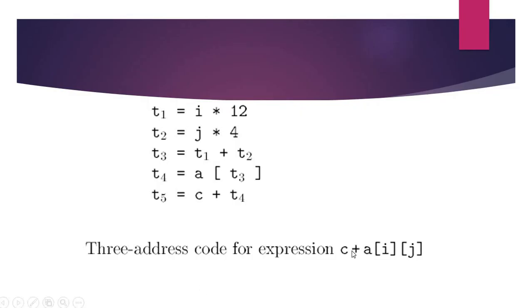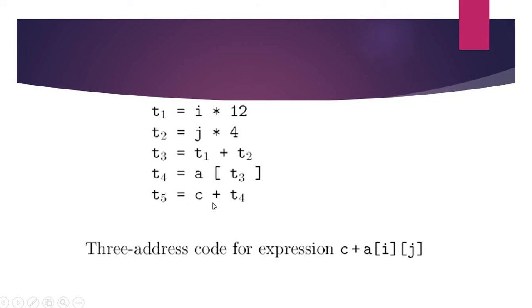Now if you see the 3 address code for it, suppose the maximum size of the second dimension is 12. Then we have to use temporary variables for that. So T1 = I * 12. Then what is the size of each element? If it is an integer, and each integer is 4 bytes, then T2 = j * 4. Then T1 + T2 gives the offset value T3. By adding it to the base address, A[T3], we can access the actual element address.